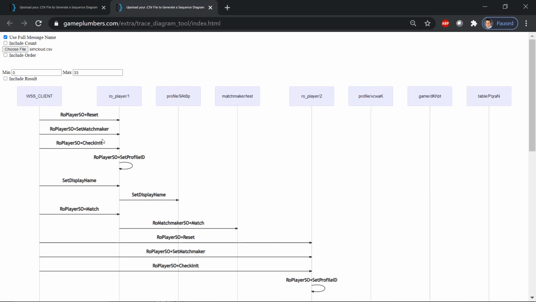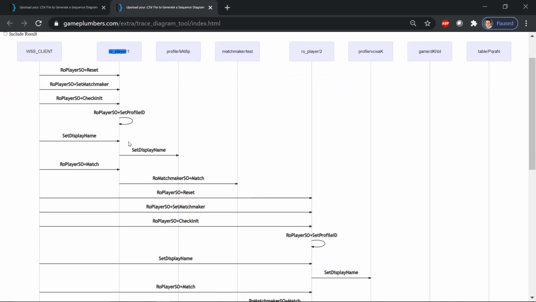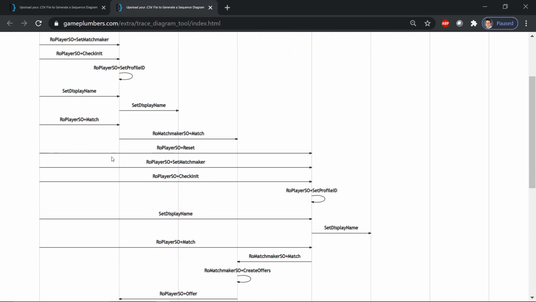messages over, kind of to reset the state and initialize this thing, give it a profile ID. Profile is another game object, which is completely public, whereas row player is not. And we set the display name. So here, row player goes and sets its display name to the profile,